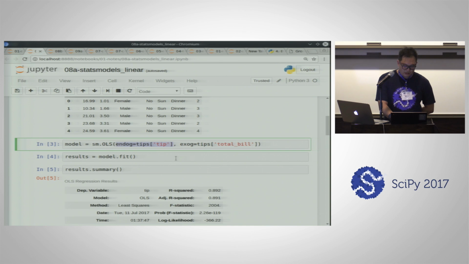They use endogenous for the response variable, or sometimes called the dependent variable. I personally hate the words dependent and independent variables just because that conveys that the two things are related, and when you fit linear regression, one of the assumptions is they're not dependent, so I don't like using that term. And then there's another variable where you specify all of the